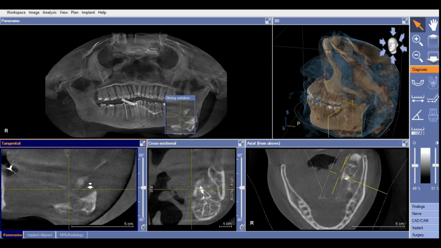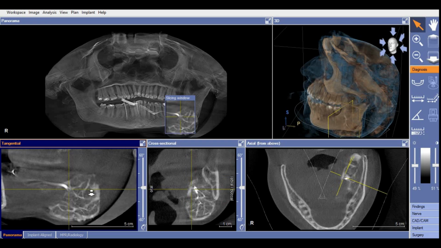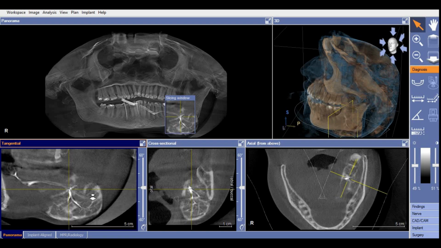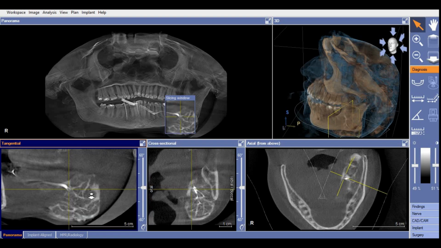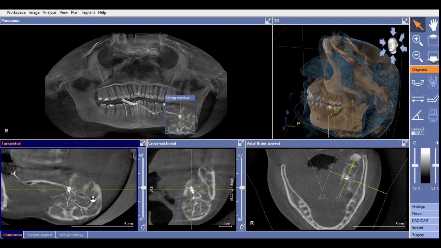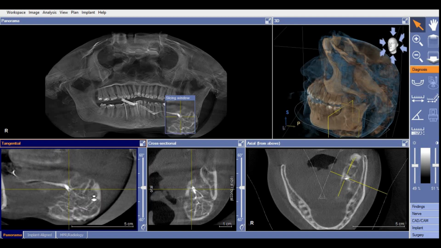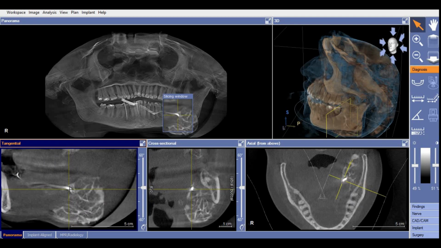So we can check each and every slice for pathology. You can appreciate the entire ductal system as well as the small accessory branches present within the gland very clearly. If at all you have any doubt, for example when you are here, you can see more amount of contrast agent. If you click there, it automatically gives you the other views of the particular area of interest. You can see it in cross-sectional view as well as in the axial view.